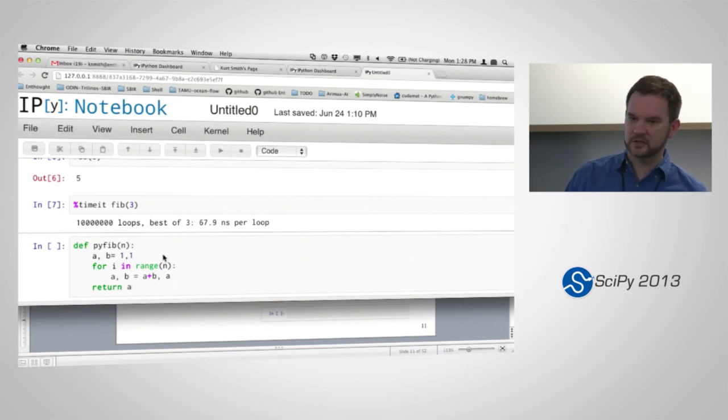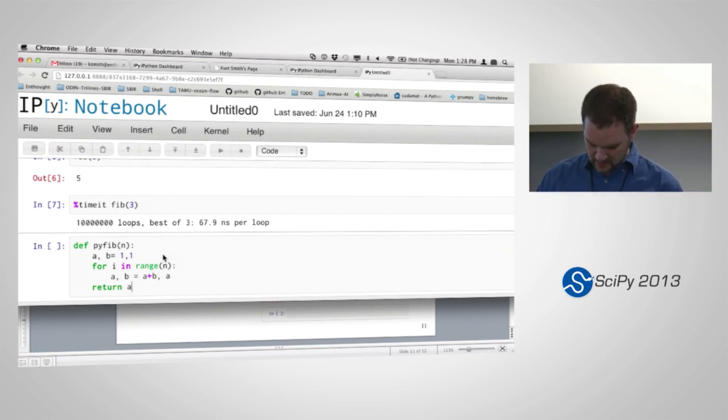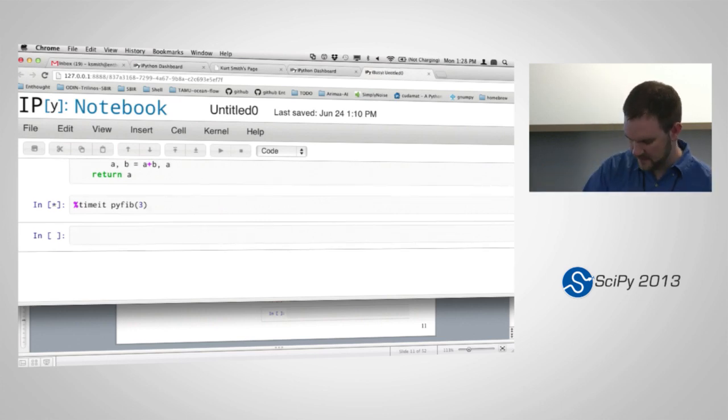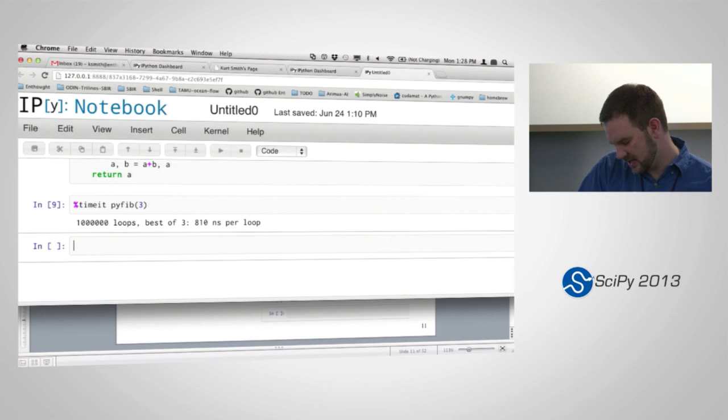It's the identical code to the Cython version minus the typing information. So we'll run that, and then we'll do %timeit pyfib of 3. Okay, that'll churn a bit. And 810 nanoseconds. So more than an order of magnitude